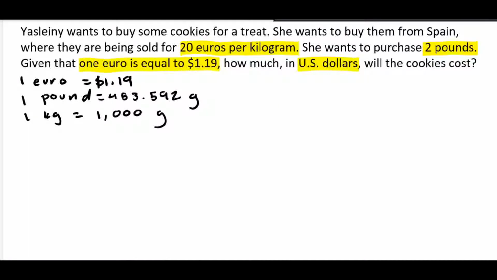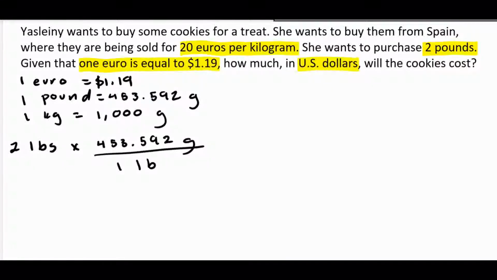First, let's start by figuring out how many grams of cookies Yasmini wants to buy. So, we know that she wants 2 pounds. Well, the ratio for pounds to grams is 453.592 grams per pound. Now here we see that the pounds cancel out, and we would do 2 times 453.592 divided by 1, which would equal